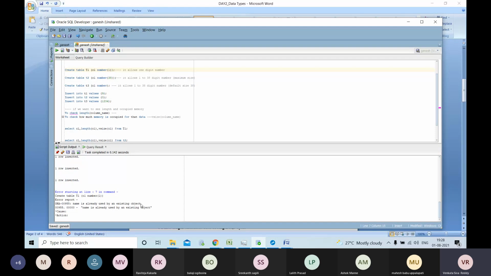So small t1 and capital T1 are not different, and it won't allow it. Oracle is not case sensitive, but Oracle data is case sensitive.